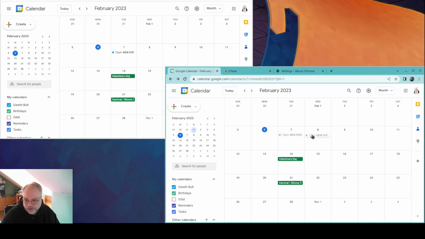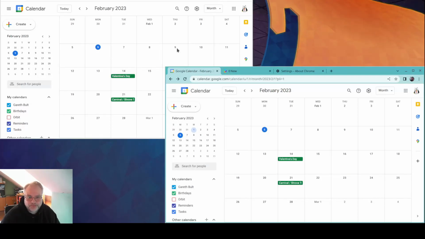So if I move that to a different day, I'm waiting here now for this to move across. There we go, that's moved as well. Again, a few seconds worth of lag. If I delete that now, I'm waiting for that to disappear. 6, 7, 8, 9, 10, 11. Okay, so there's a bit of a longer lag for deletes. Okay, it's gone. So we've got a reasonable degree of synchronization between the two views on the same data set,